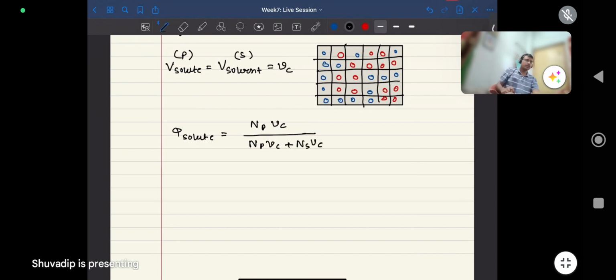Np plus Ns is basically N total, so the denominator is the total volume of all the cells together, and the numerator is only the volume occupied by the solute molecules. So it is the volume fraction of solute. So if I take Vc common, this will become